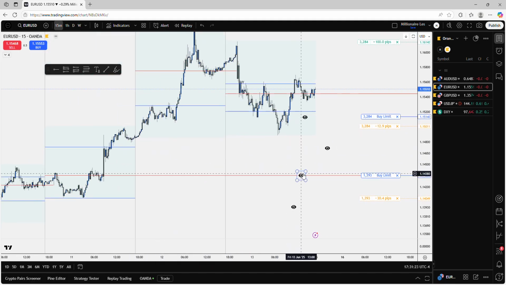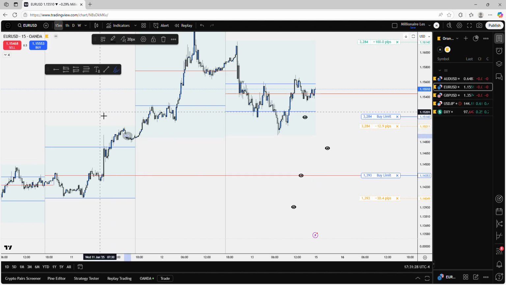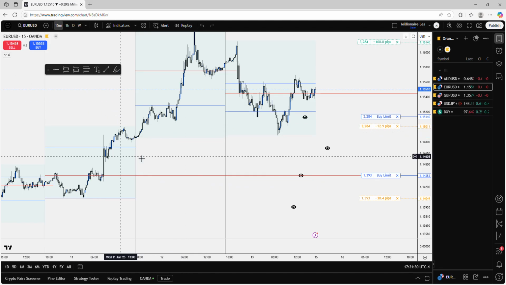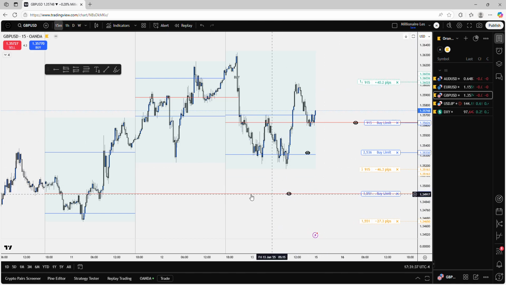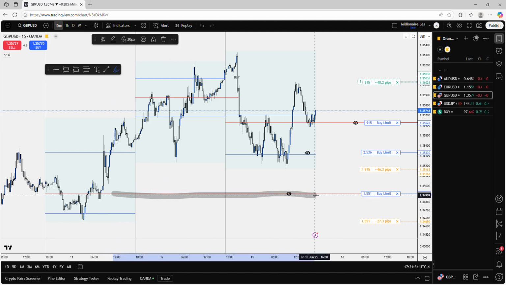Boom, there goes my eyeball. I see it. Because price closed above Wednesday, July the 11th value area high, that's the area of interest for me based off of the POC. Great British Pound USD, again, my eyeball closed above Wednesday, June the 11th daily session high. So this is a point of control. Excuse me, this is the area of interest for me on this point of control. Boom. So again, got my eyeball on that.